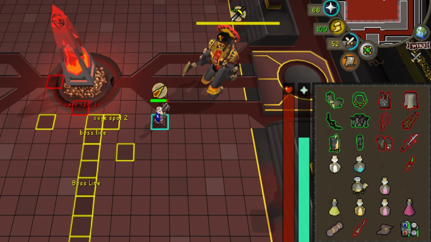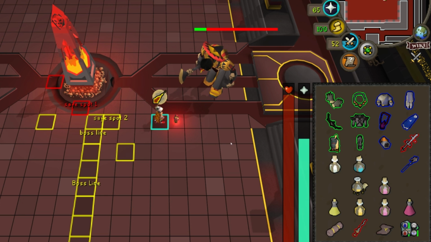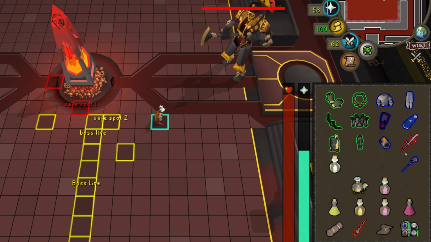You'll get this. Now on his last down phase, if you know that you're going to kill him, what I would do is save some of your spec energy, because you can do a Bandos Godsword spec on the final phase of the Warden just to make life a bit easier for you and bring the defense down. So what I'm doing here is I'm not going to unload all of my specs. I'm going to just use my Bandos Godsword, get those last few hits, make sure that I'm ready, and then